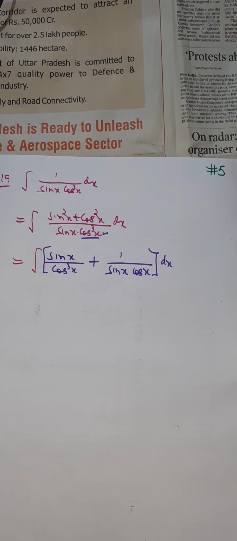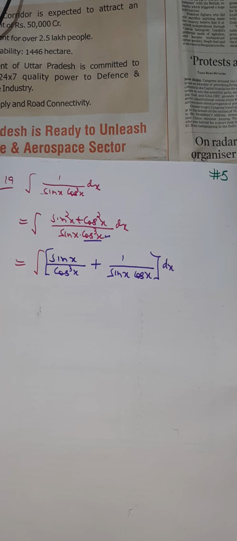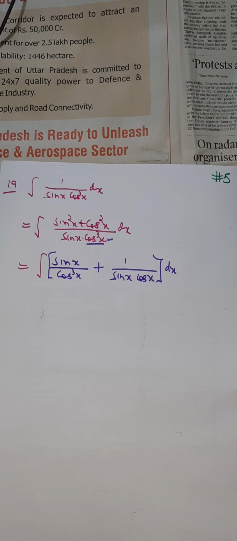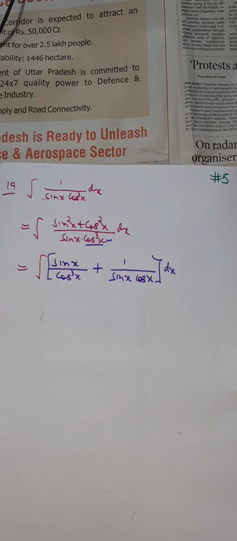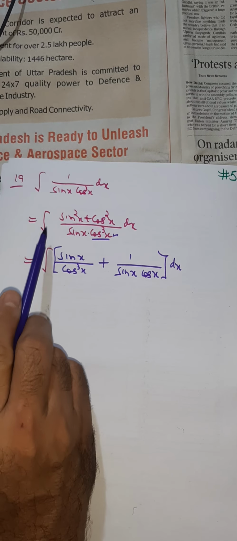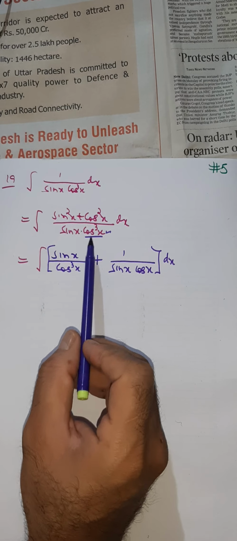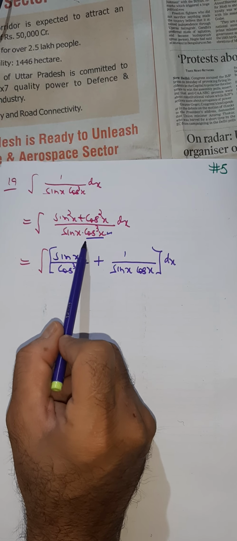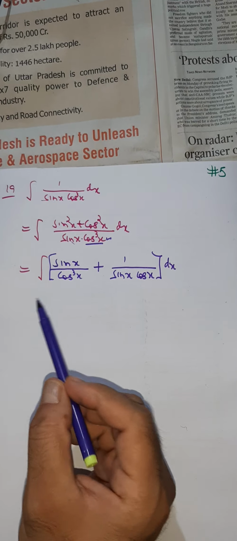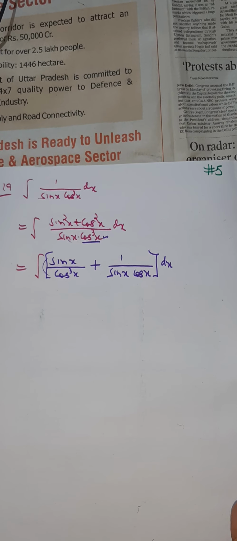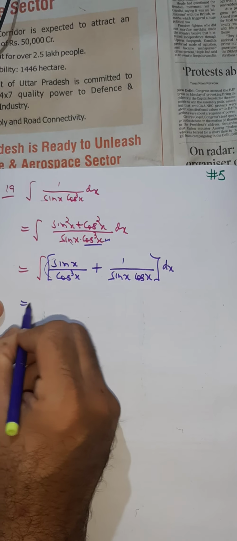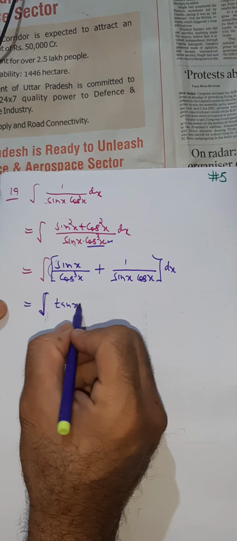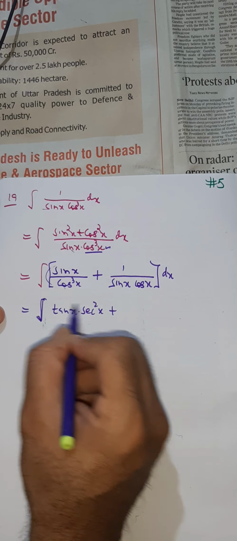What I did, I just placed sin square plus cos square instead of 1, and then did the individual division. So if I do individual division here, one sin will get cancelled, so sin upon cos cube. Here you are left with cos x out of cos square, 1 cos here and sin is already there. Now this is a standard form. You know this is nothing but sin upon cos, which is tan, and one more cos square is left, which is sec square, plus here